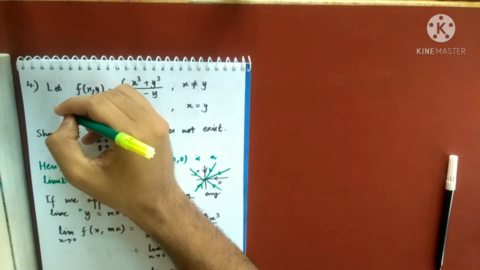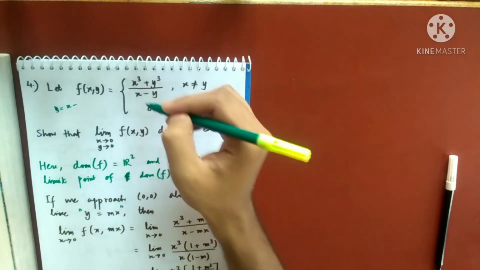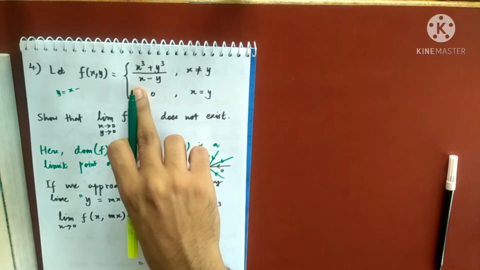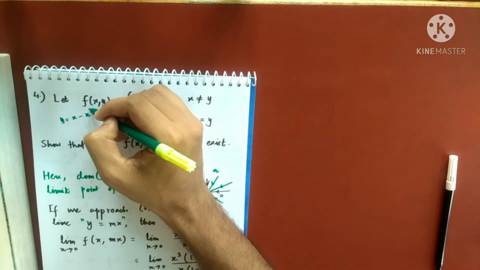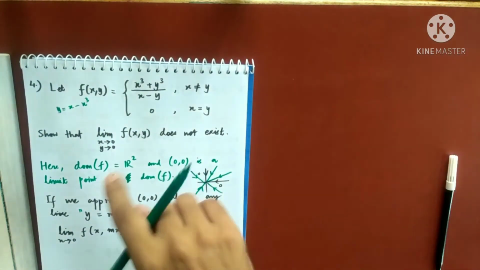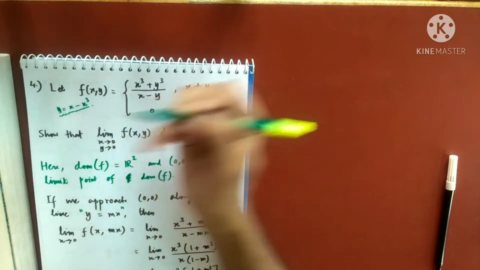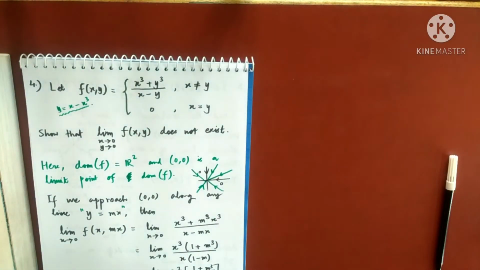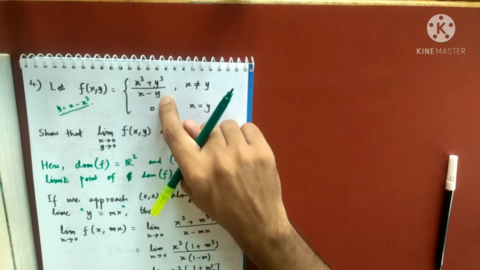So what I will do, I will choose y to be x minus something. Why am I choosing x minus something? Because if I am writing an x, this x and x get cancelled. And because it has x cube, let me write here x cube. So this y I will be choosing. So I will go to 0, 0 using this beautiful curve, y equals x minus x cube. Okay, and let's see what happens. So at least this will help me to cancel this x, and my denominator will remain with x cube.